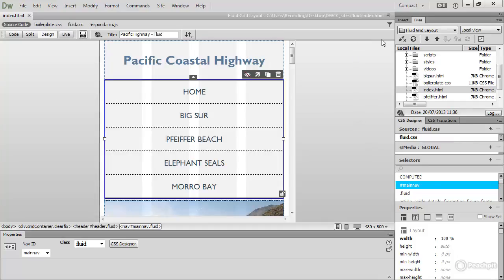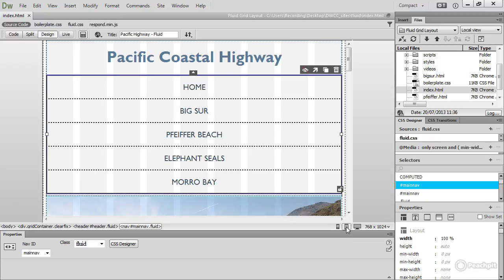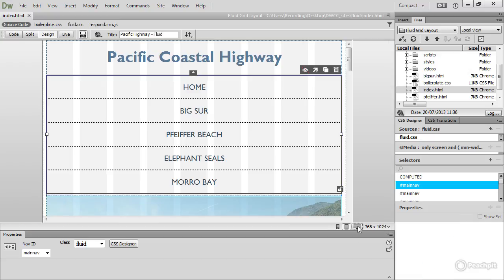In Dreamweaver I've created a new site called Fluid Grid Layout, and this is the finished version. You can find the files in the Fluid Style folder, in the Styling a Fluid Grid Layout folder of the Responsive Web Design folder of the course assets. In the document window I've selected this icon at the bottom here, mobile size 480 by 800. And you can see that there are 4 columns which are for the layout grid. If I select the next icon, tablet size, there are 9 layout columns,